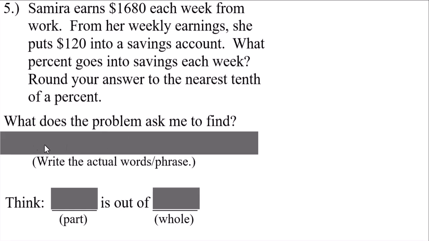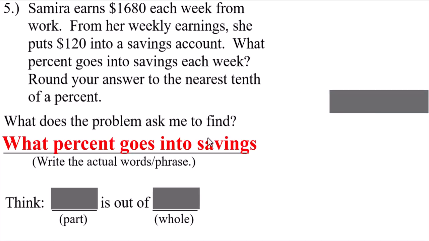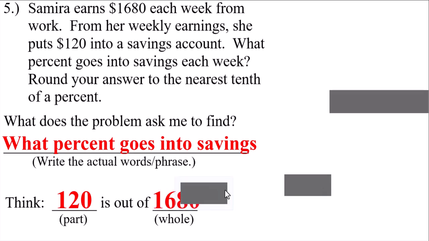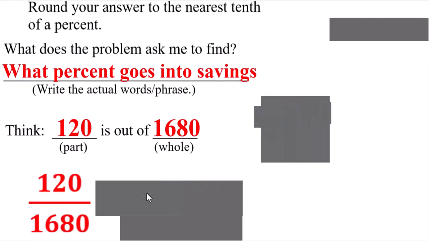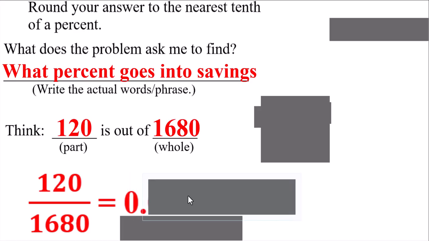Problem number 5. What did the problem ask you to find? It asked you to find what percent goes into savings. When you're asked to find the percent, then you just have to figure out who's the part and who's the whole. Hopefully you realize $120 going in the savings account is just part of what Samira earned from her work. So that's the order you're going to divide. Yes, you should get 0 point something, which you should expect on almost every single percent problem, unless the part will be bigger than the whole. And that's going to give you